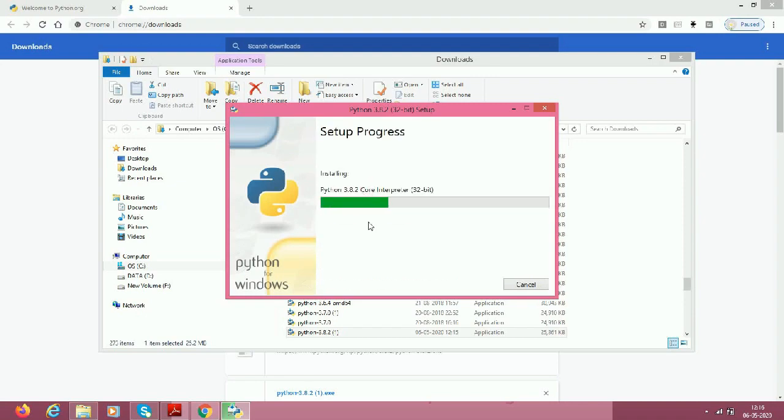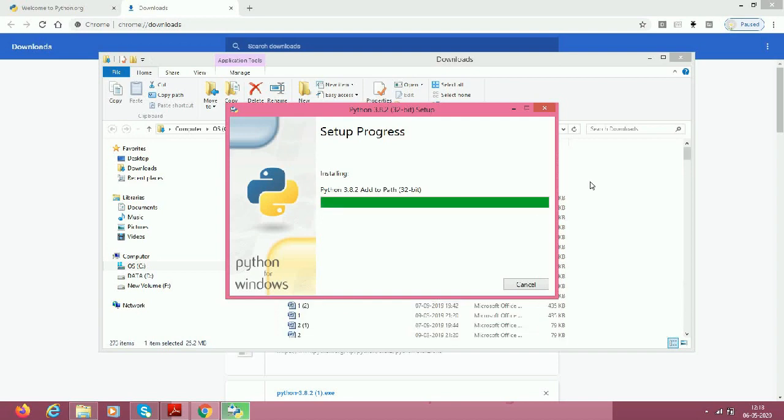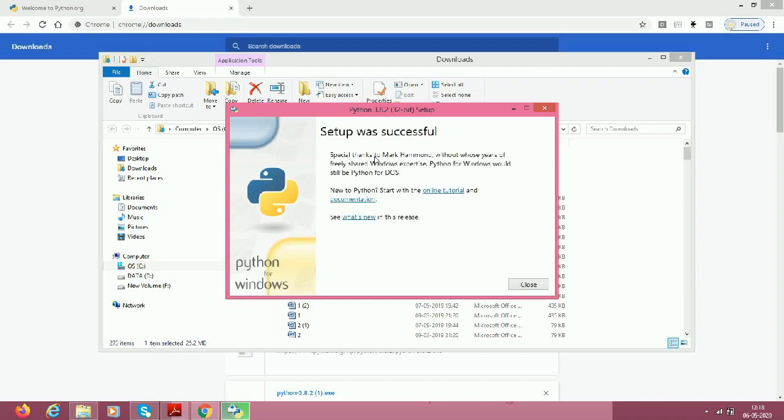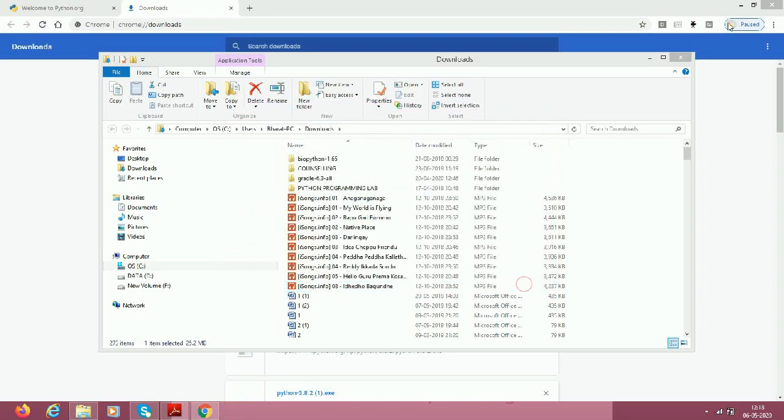Now the installation process will begin. Setup was successful. Now Python is installed on your computer.